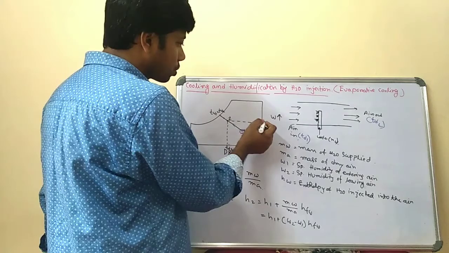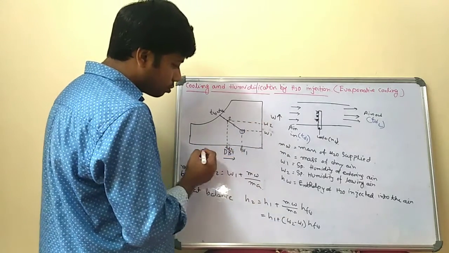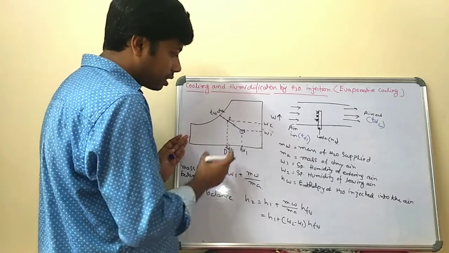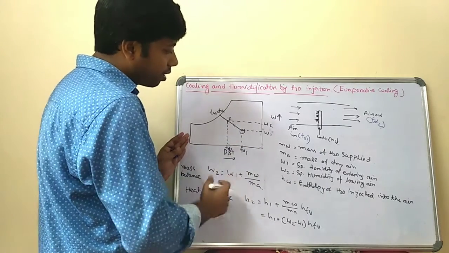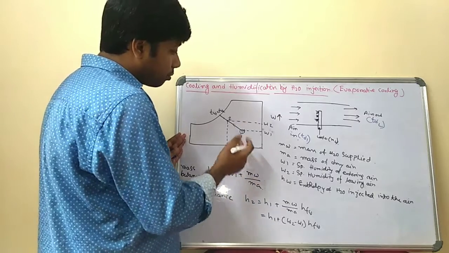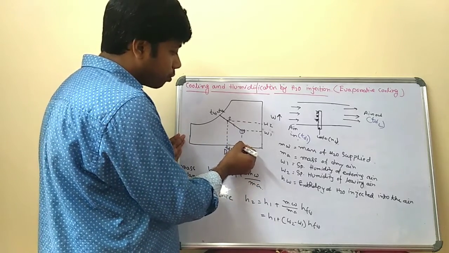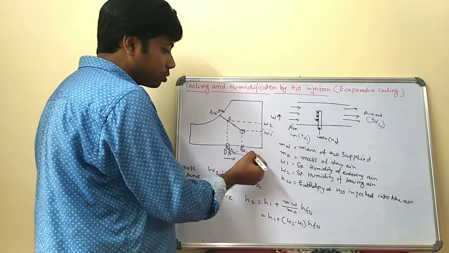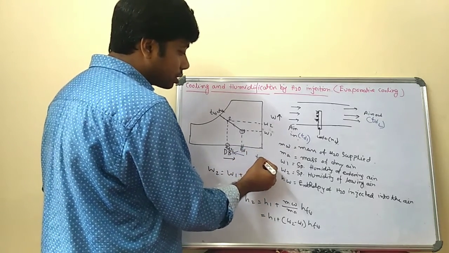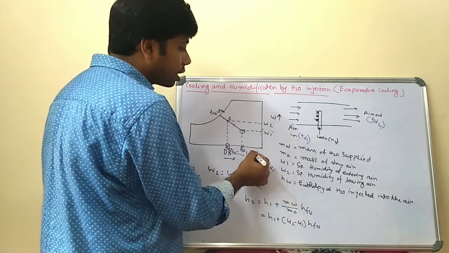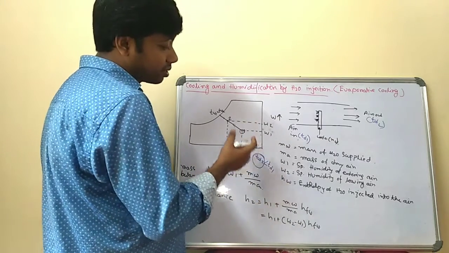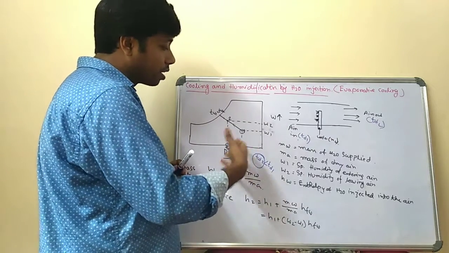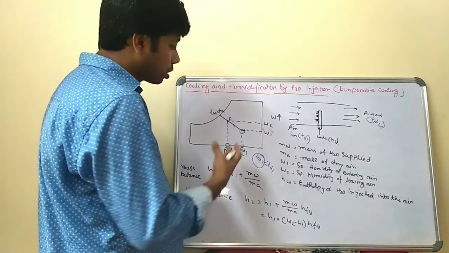Corresponding to temperature TD2 is specific humidity W2. As you know, in the psychrometric chart, as you go from left to right along the x-axis, the dry bulb temperature increases. Here the dry bulb temperature is TD1, and TD2 is here. Basically it is a left movement, so TD1 goes to TD2. That means TD2 is less than TD1. The exit air has a dry bulb temperature less than that of the entering air. So the cooling process is done.